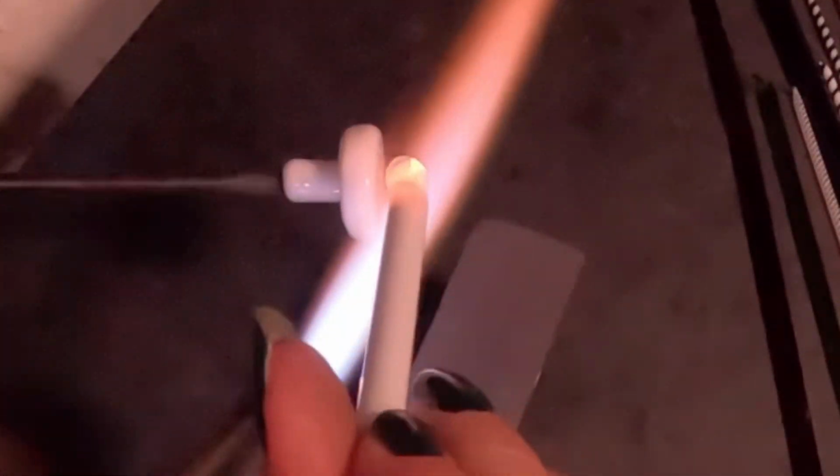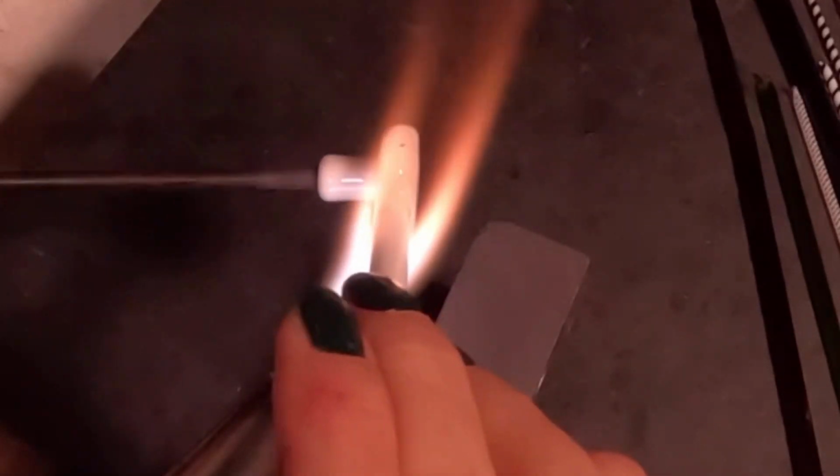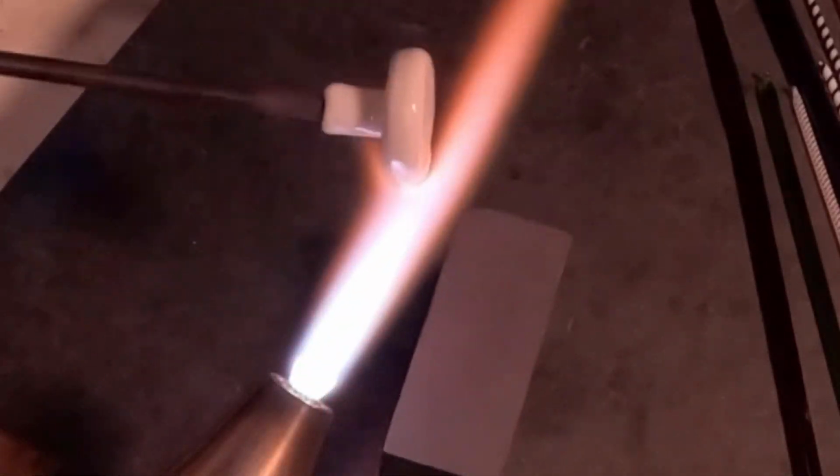Okay, so now to make the sides of this eye, I'm gonna look for the line. I need to know where I'm gonna start and end. I'm gonna go up and down. I'm sorry about the view, but I am going up and down with my white glass, building up a little bit of glass into a point, like a little pyramid, a little triangle of glass there. And then I'm gonna heat that up real nice,